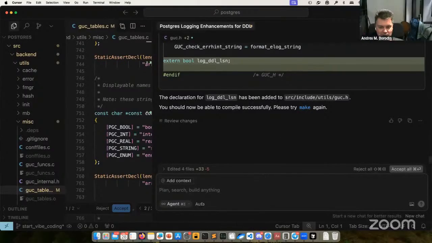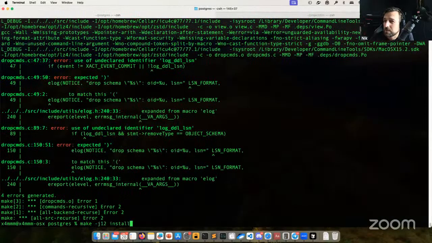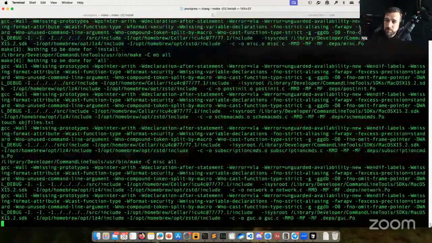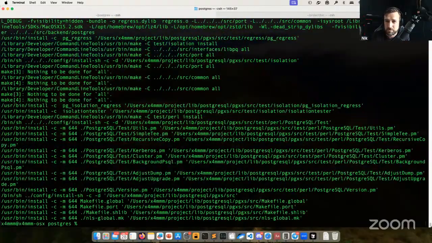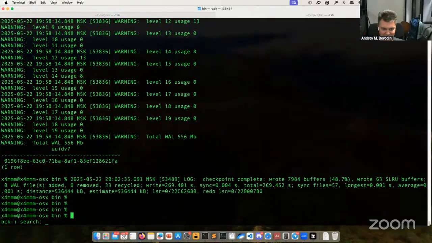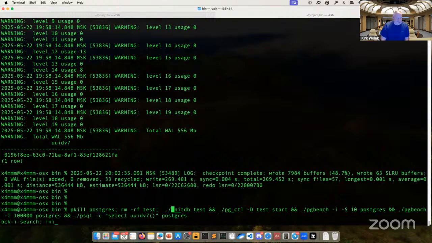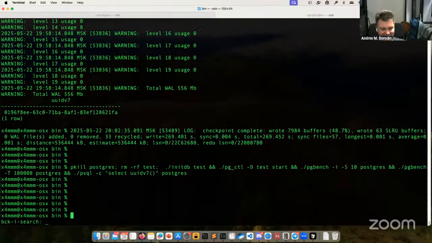Oh, now it's asking me to make. Okay, that's weird. Maybe it lacks permissions. Because the problem with this is we will need to copy paste the output to show what's wrong, right? Okay, it builds. Well, now I know you're going to do a kill -9 on something. I need to find it.